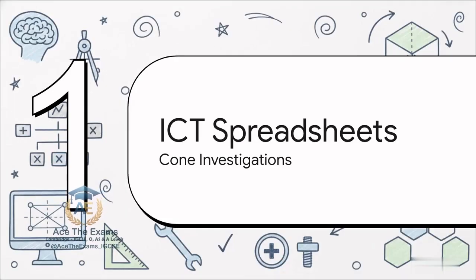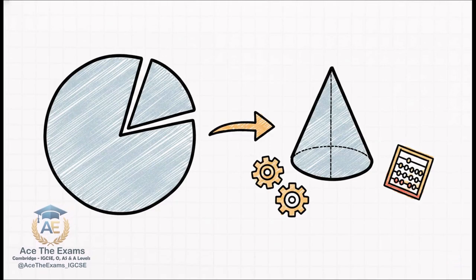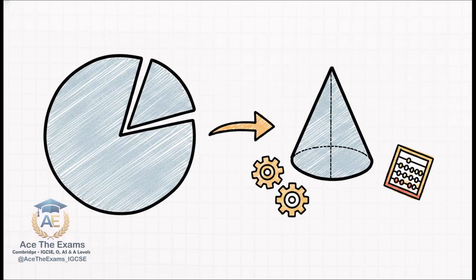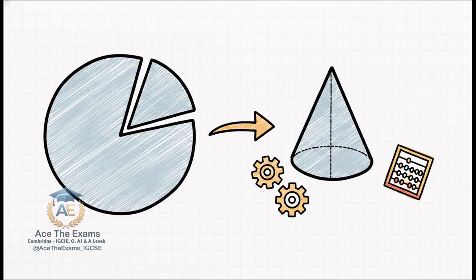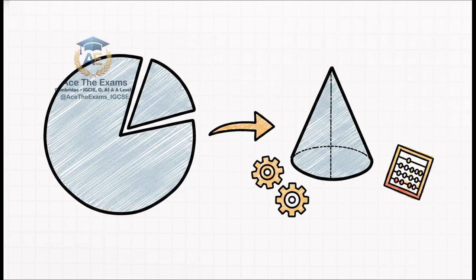And finally, Section 5, ICT Spreadsheet Investigations. Let's take it up a notch. For this final investigation, let's look at how information and communication technology, ICT, handles some really complex 3D modeling. If you take a 10-centimeter radius circle, cut out a wedge or a sector, and roll up the remaining paper, you get a cone. But figuring out which cut gives you the biggest possible cone requires some seriously heavy